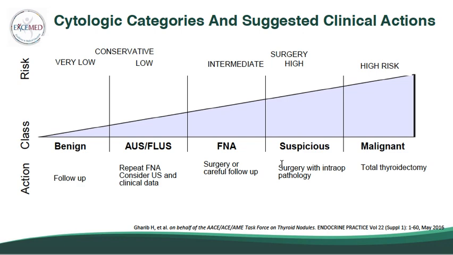Second look surgery is when you do a lobectomy and then you find out it's positive, then you go back to the patient and do the other thyroid lobe. We want to avoid that, because the second surgery would be more difficult technically, and it puts the patient at higher risk for surgical complications such as post-surgical hypoparathyroidism, bleeding, etc. Okay,